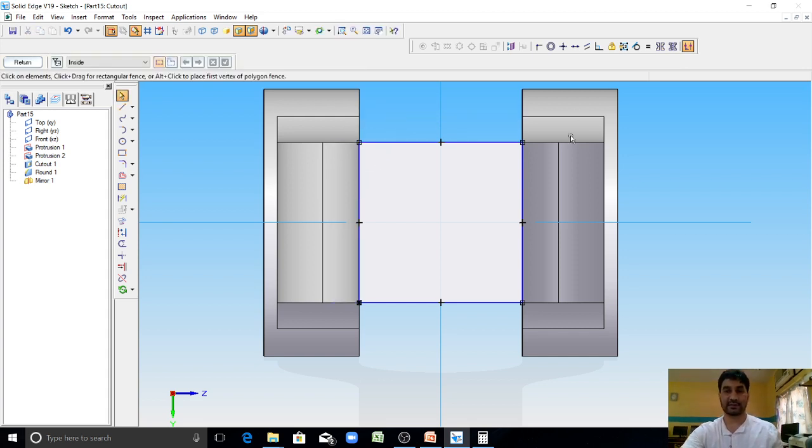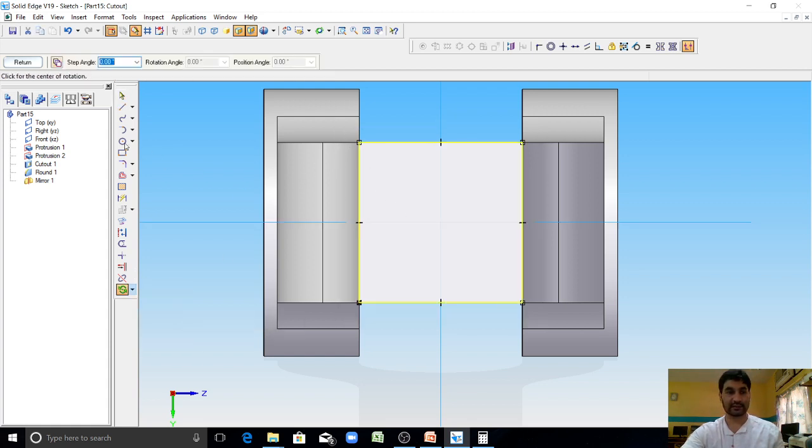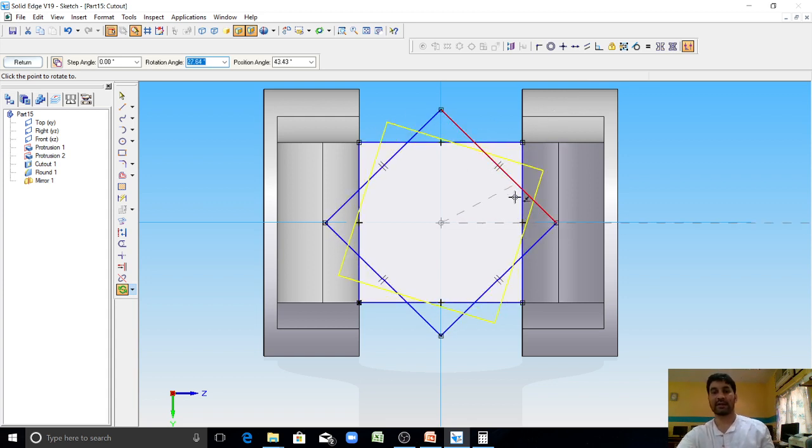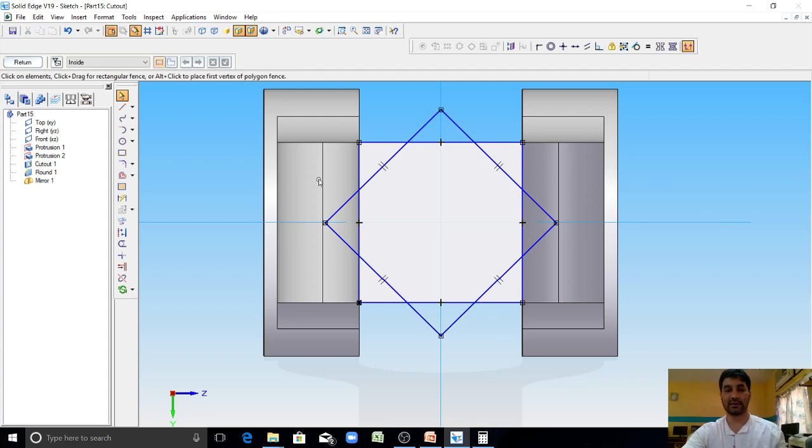Now you rotate this square using rotate option here. Below the move you have rotate option. Select this square. It is asking for center point for rotation. This is our center point. It is asking for start point for the rotation. I will start the rotation from this point and end this to this, so that I have rotated this square to 45 degrees. Now using trim option, you trim the unwanted lines.